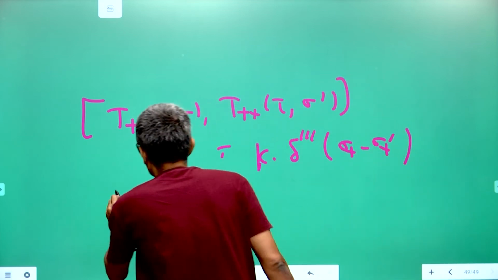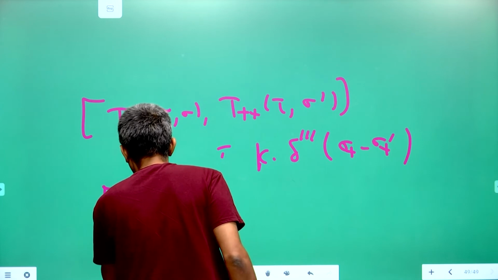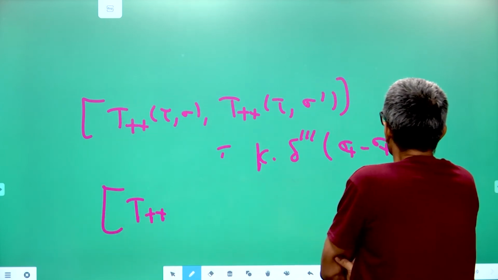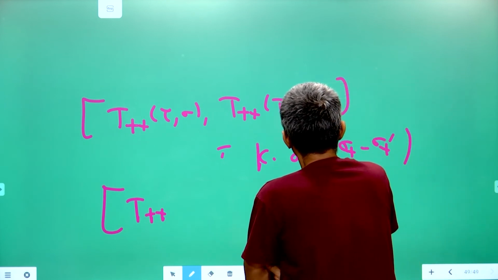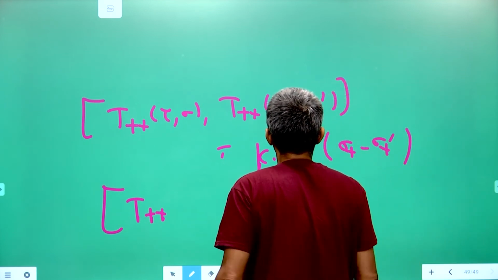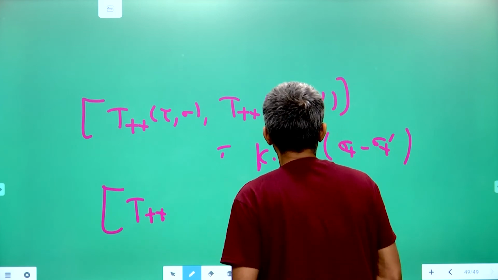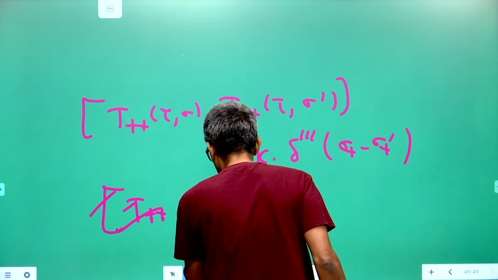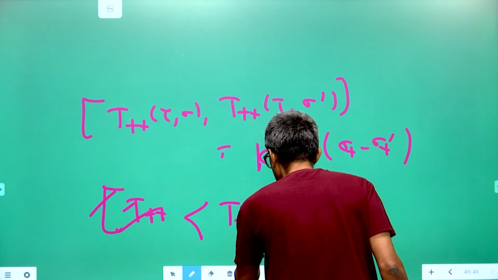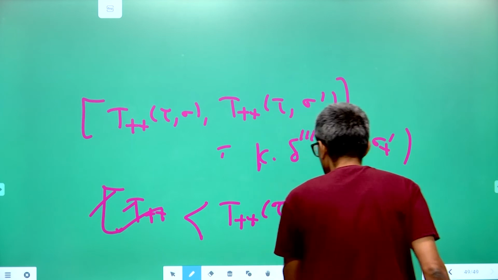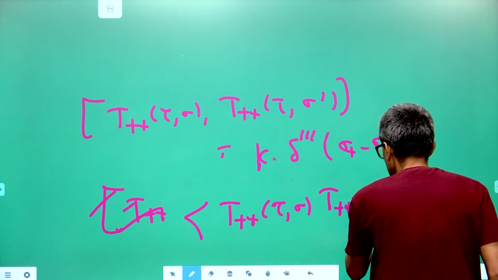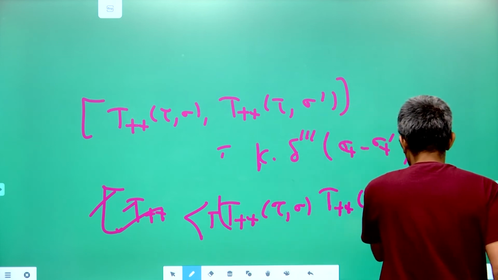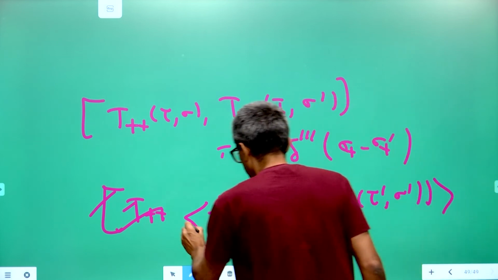If you translate to the Fourier domain, what happens? This becomes simply T plus plus of... the equal time commutation relations tell you this, and of course it also tells you that if you calculate T plus plus of sigma tau, multiplied by T plus plus of tau dash sigma dash, take a time ordered version of this and you take dou minus of this,